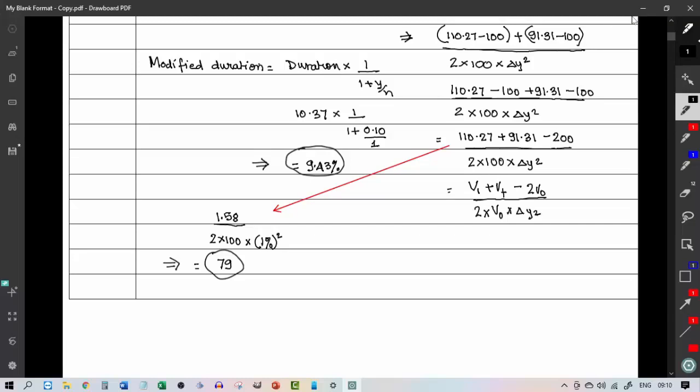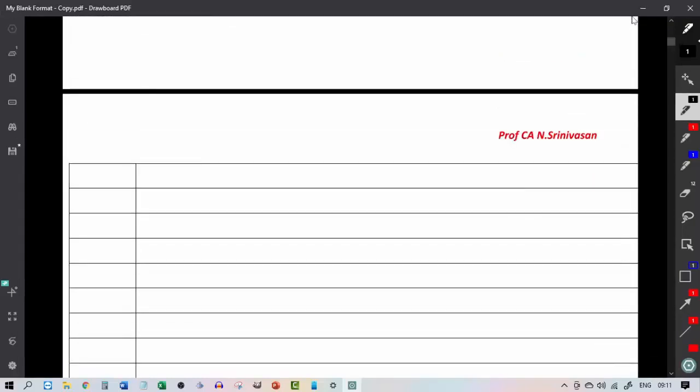So we need to adjust this modified duration with the curvature, and the resultant figure will now give us a more accurate representation of changes in bond price for every percentage change in the yield. So how do we do that? The formula for that is